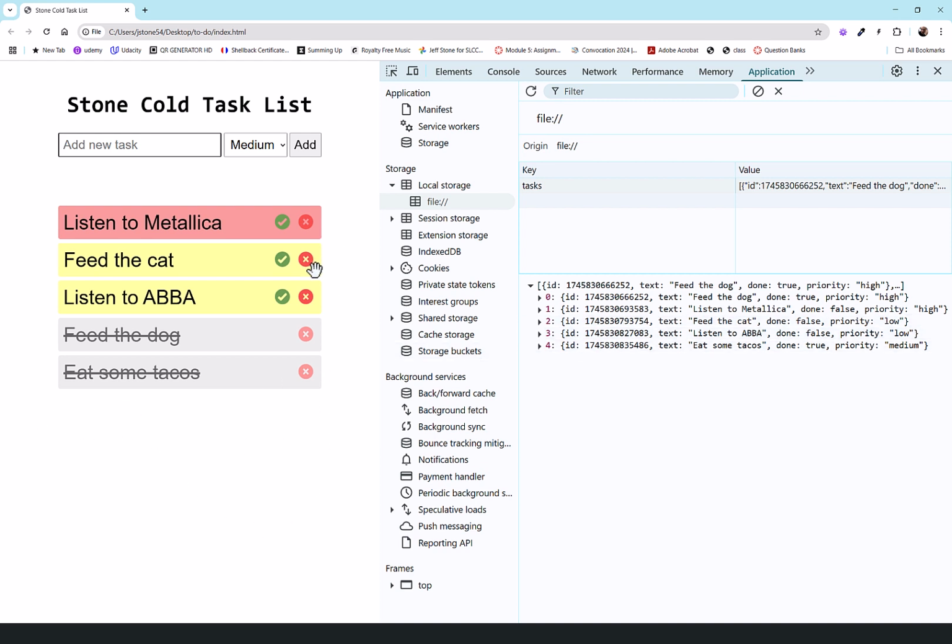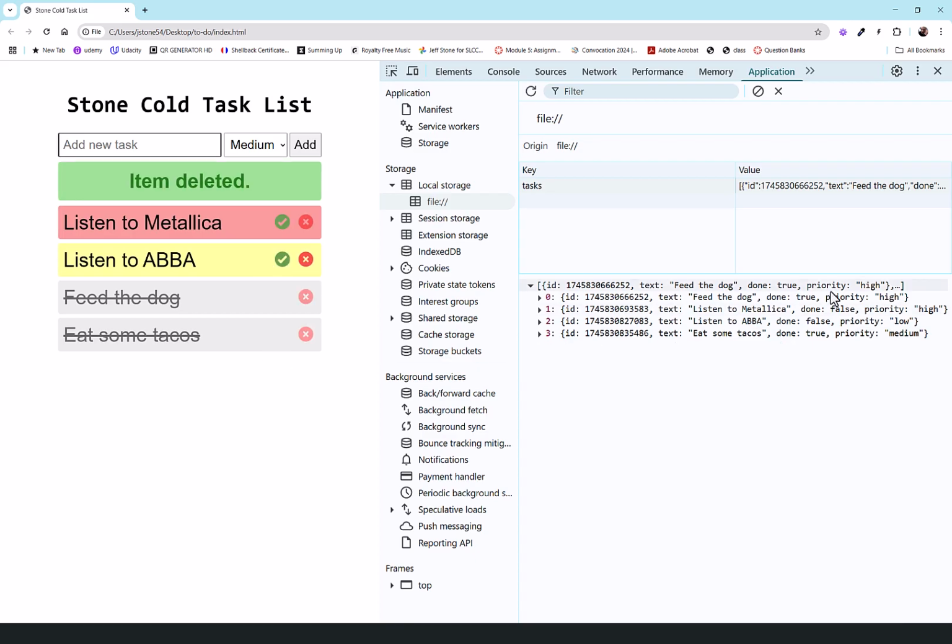Also notice you can delete these items without checking them off if you want to. So we're going to delete feeding the cat here. It removed it from the array over here, from the tasks array. And now I have 4 things left here. And our final task is going to be have world peace, right? I guess that's high priority.